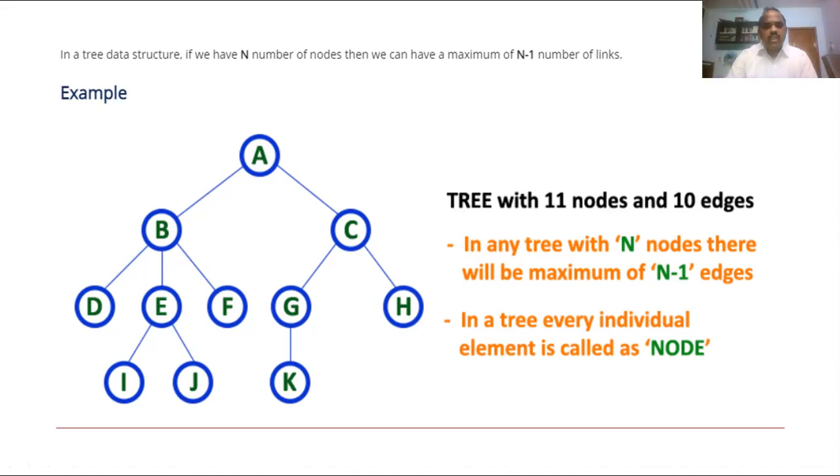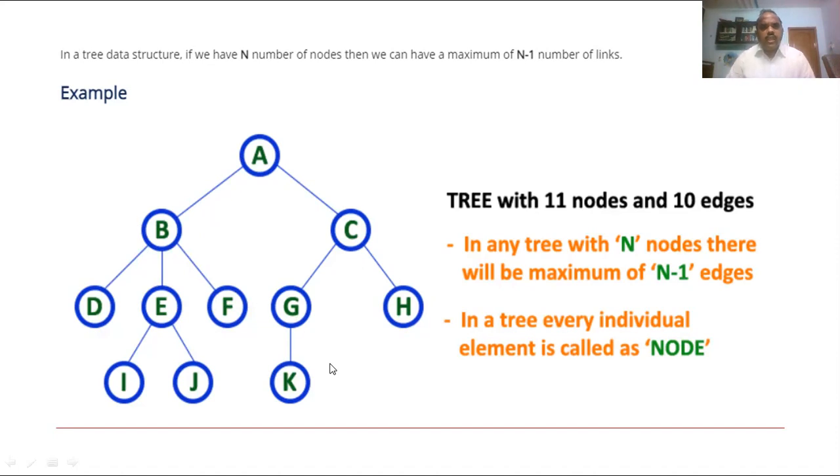Why is it called a general tree? For example, this is the root node A. Then go to the left tree. The left tree is a general tree, and the right tree is a binary tree. General tree means a root node or parent node having two or more children. But see, how many nodes does the right one have? Two nodes. So this is a binary tree.